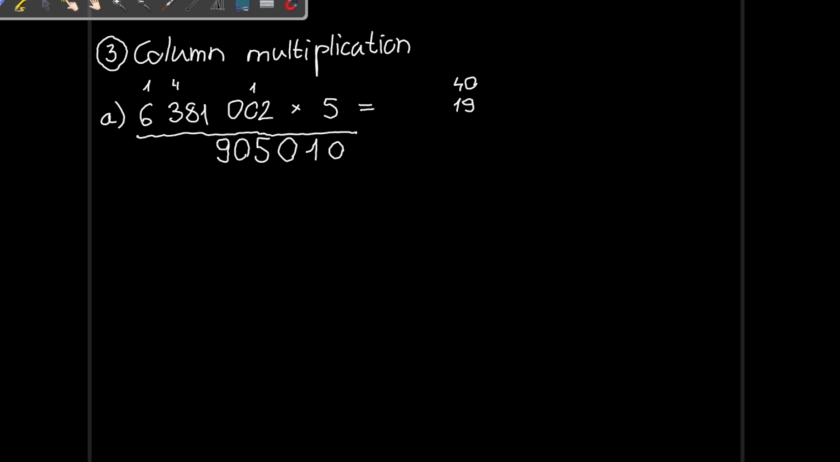And that's the final one. 5 times 6 is 30, plus 1 is 31. And since this is the final number, we can write